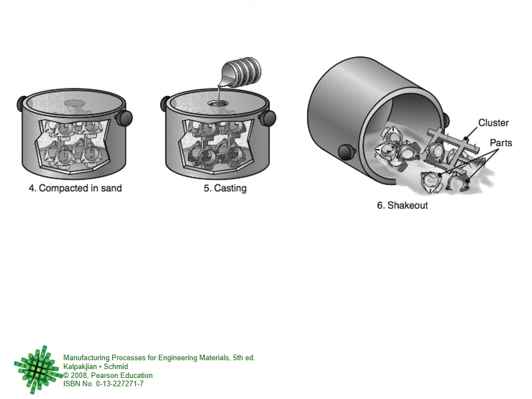So the whole process is there, and you can see that this is a brilliant method. It can be adapted by cluster system to provide more castings at the same time, and you don't have to remove the pattern. So the pattern is lost, yes, but because the cost of the pattern is nothing, it's a very small cost, therefore losing the pattern is not a big issue. And the quality of the casting will be very good because the surface finish and the dimensions will be very good.